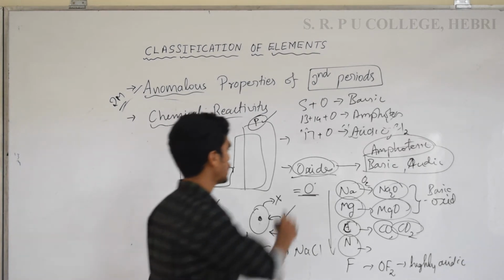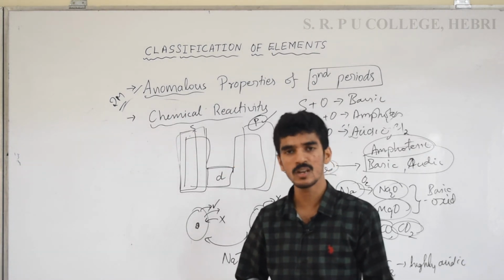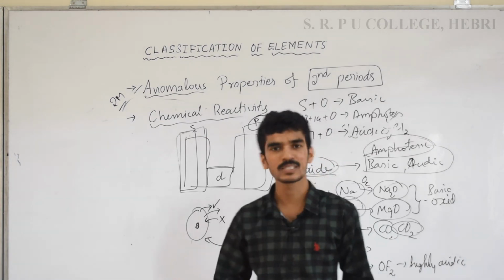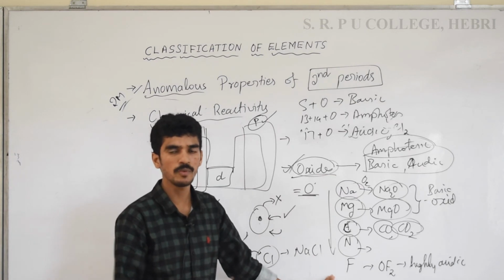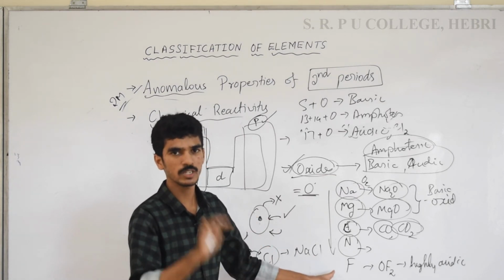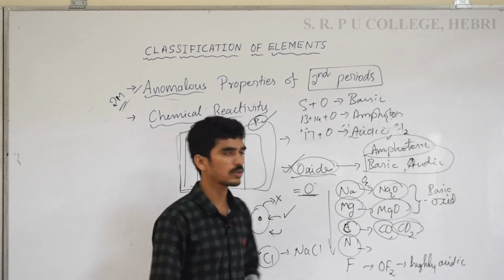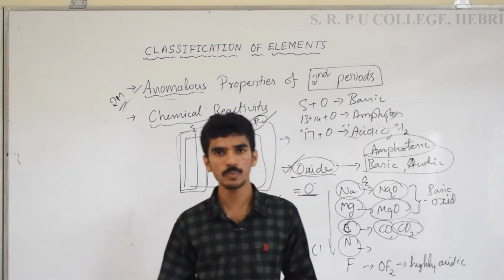And in this, what you should mainly concentrate on is oxides, how the oxides will form. In general, by burning, in the presence of oxygen it will produce oxides. So different kinds of oxides will form. Which oxide will form with which kind of elements, that you should know. This is the entire concept of periodic table classification. I hope you understood.